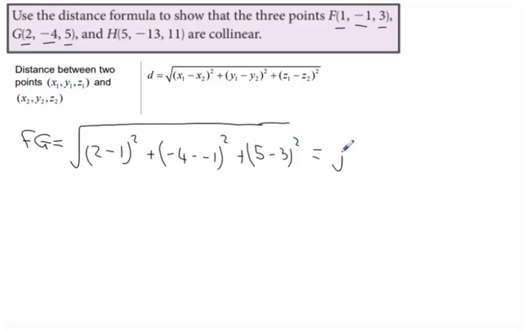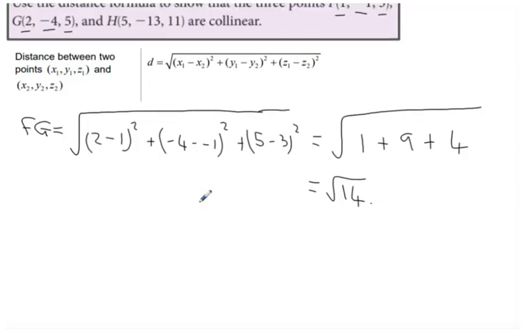So that is going to be the square root of 2 minus 1 is 1, 1 squared is 1, plus minus 4 minus minus 1 is minus 3, squared is 9, plus 5 minus 3 is 2, 2 squared is 4. So 9 plus 4 is 13, plus the 1 is 14. So FG equals root 14. So we're going to have to do a bit of surd simplification for the other ones if this is going to work. So next I'm going to look at GH